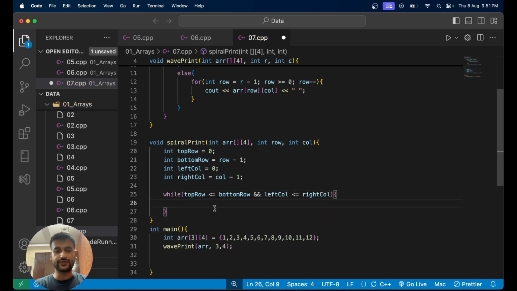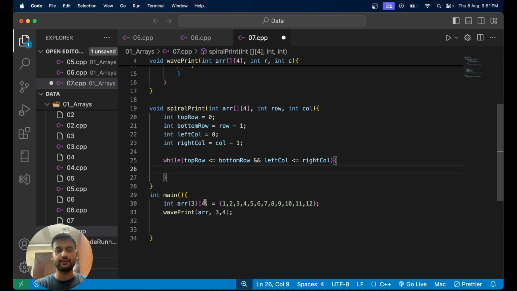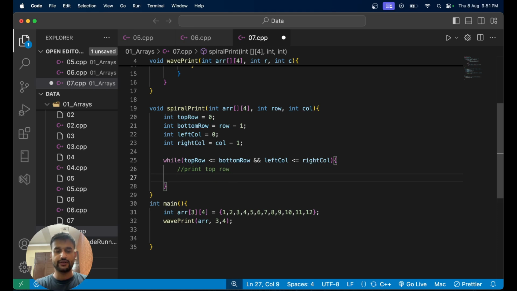Until this loop is true, I will keep iterating again and again. Okay, so what is the first condition over here? First I will be iterating over the top row, right? So I'll first try to print the top row. So what should I write over here? I'll say for int row